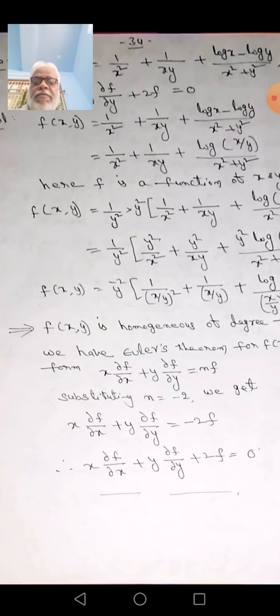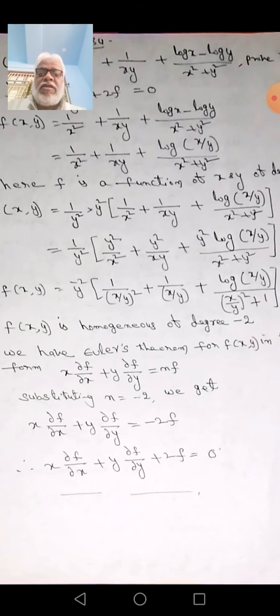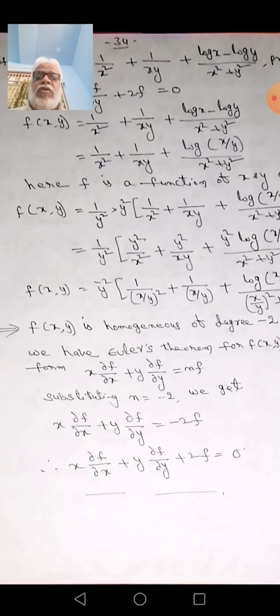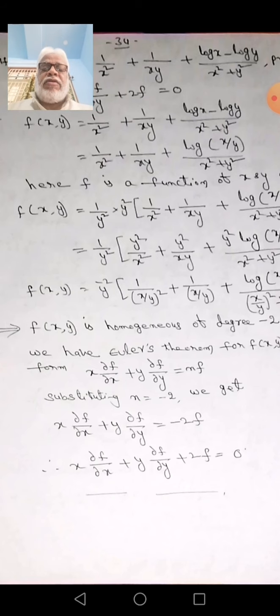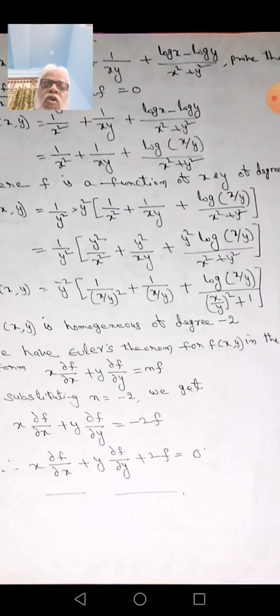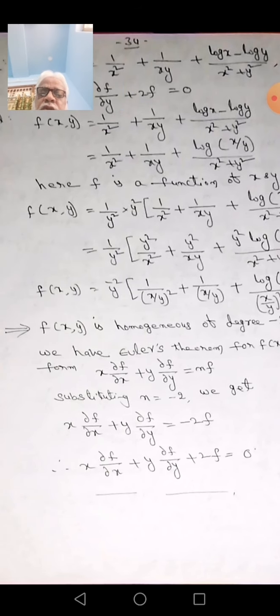So finally, this is homogeneous, a function of x/y of the type y^(−2) times a function of x/y, because the power of y in the denominator becomes y to the power of minus 2 in the numerator. So f(x,y) is homogeneous of degree minus 2.